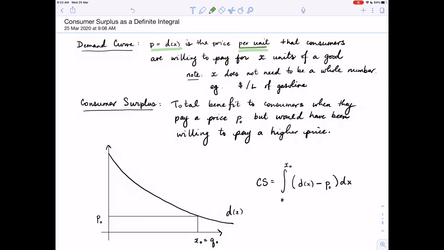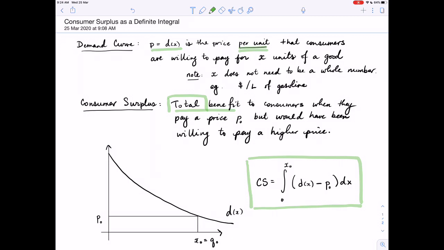Then the consumer surplus here is the total benefit. And again, that word total is going to be very important. Total benefit to consumers when they pay a price P naught or P0, but would have been willing to pay a higher price. And so the formula for consumer surplus is usually given in some variation of this definite integral,